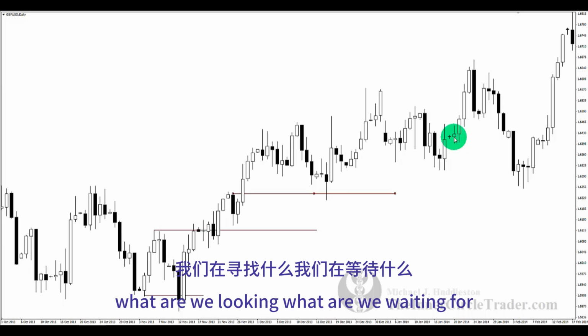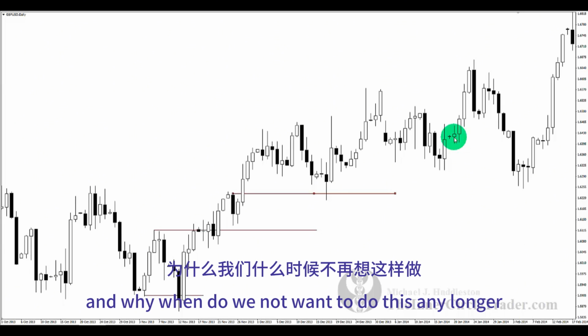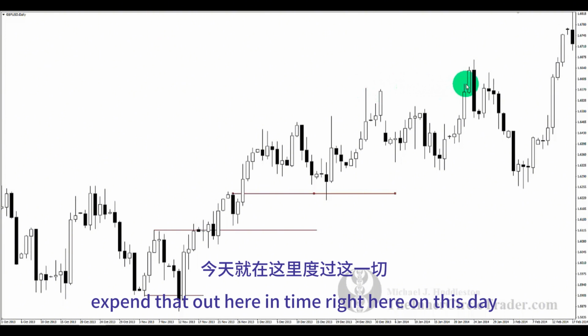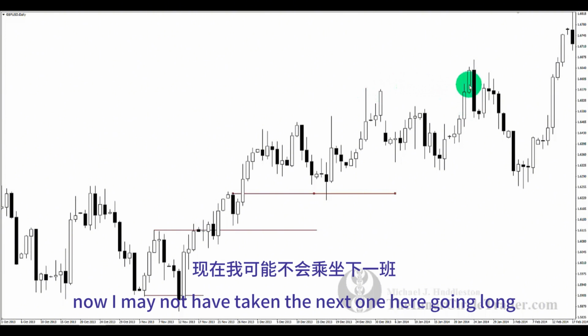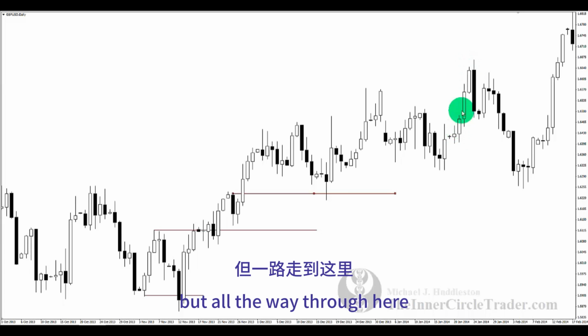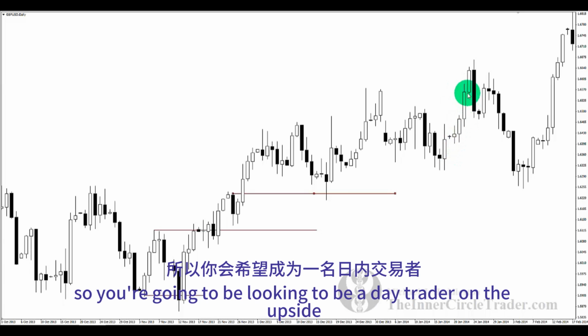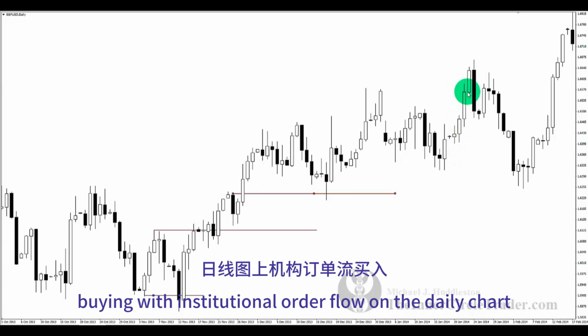What are we waiting for? And why, when do we not want to do this any longer? When we start getting up to the high of the range here, expand that out here in time, right here on this day. Now, I may not have taken the next one here going long, but all the way through here, you're looking for that range to be fulfilled. So you're going to be looking to be a day trader on the upside, buying with institutional order flow on